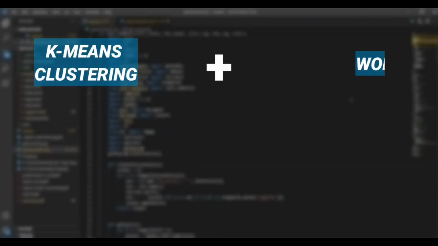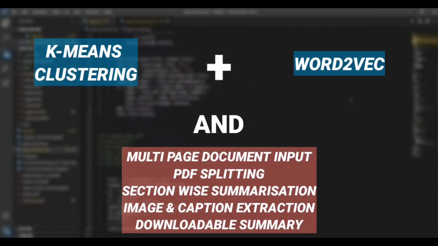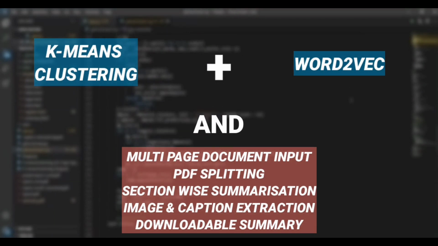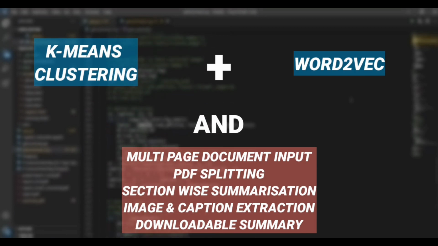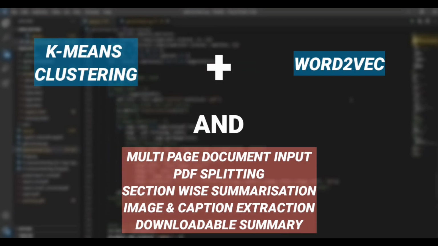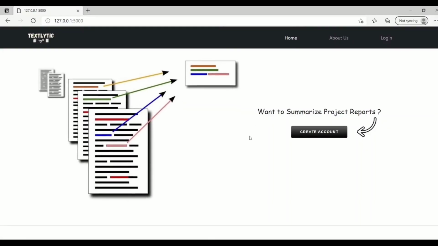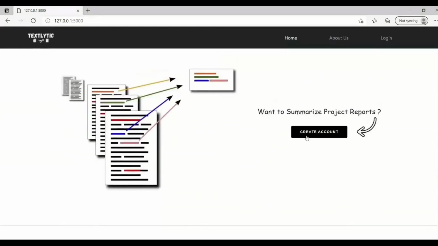For our implementation, we have used a combination of word-to-vec to generate word vectors using syntactic and semantic context, k-means to group similar sentences and pick important ones, and a set of other processes like PDF splitting, section-wise summarization, and image and caption extraction. Starting with the working demonstration of our web application, the home page gives a brief overview